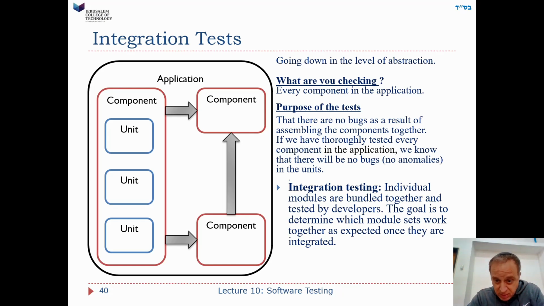In integration testing, individual modules are bundled together and tested by developers. The goal is to determine which module sets work together as expected once they are integrated. There are two choices. Either you put all the components together and see if the system works, or you can try bundling subsets, like two or three components together, and see if they work. Then a different set of components,